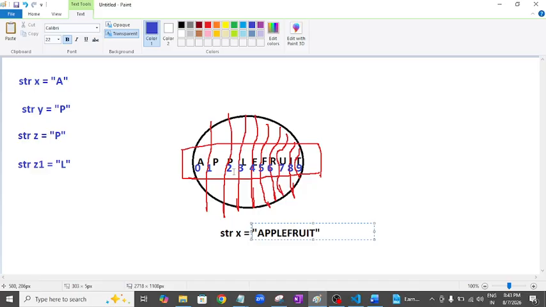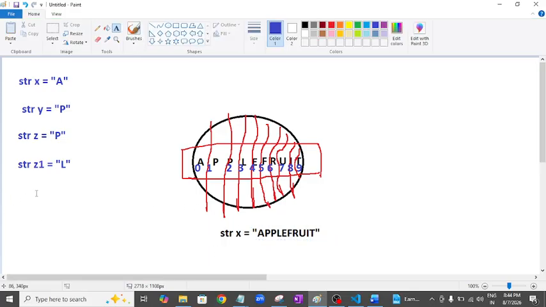So even one character contains data type string, or if you take the entire apple fruit, it will also be data type string. From here, sir, can't we say that this part will be nothing but